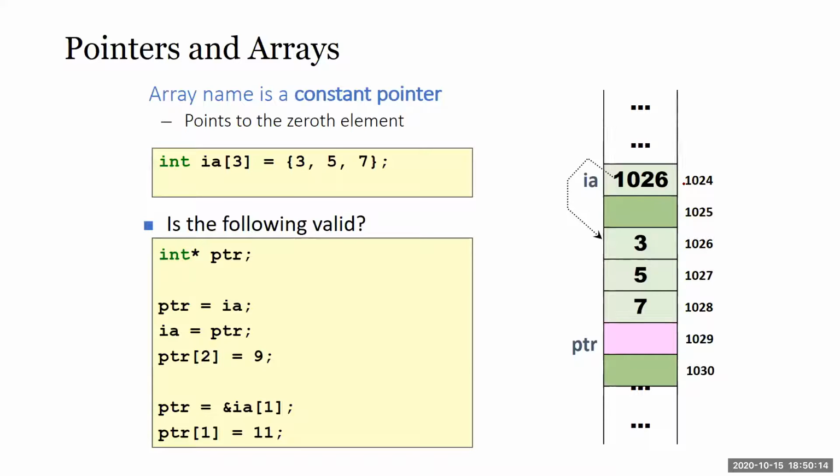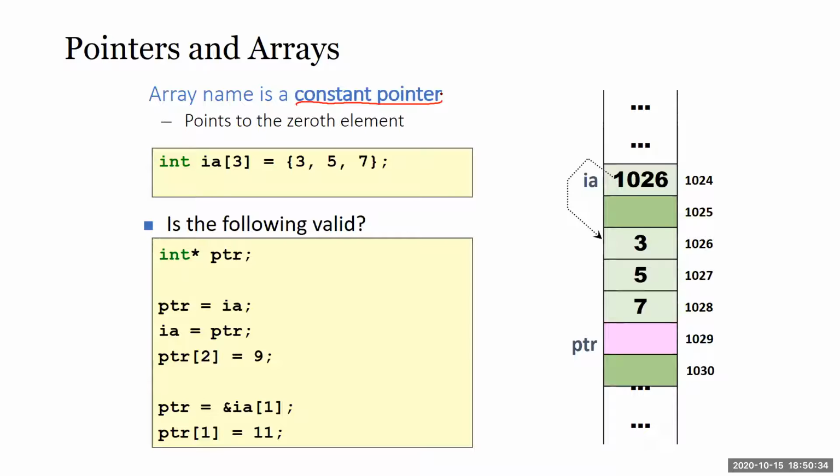Now arrays are a little bit tricky. We talked about arrays a couple of weeks back. An array name is like a constant pointer. We did say before that an array decays down to a pointer sometimes.